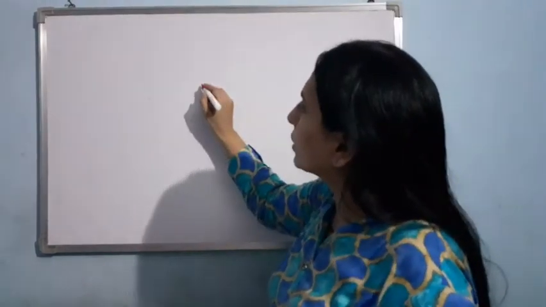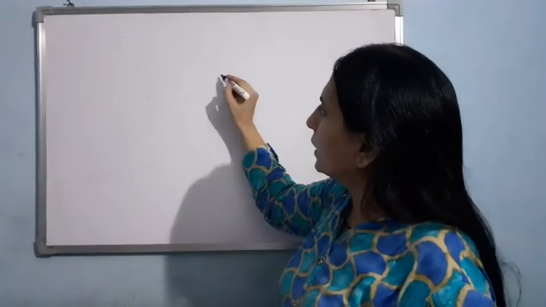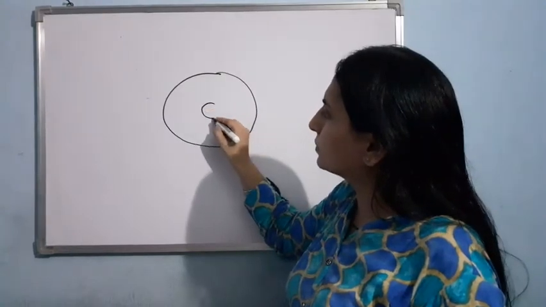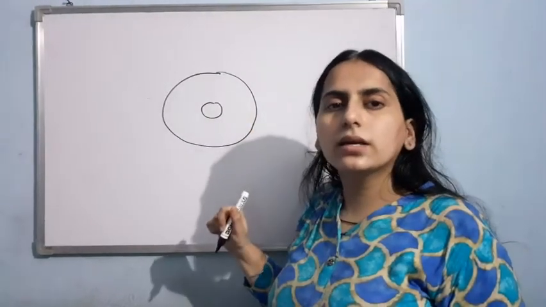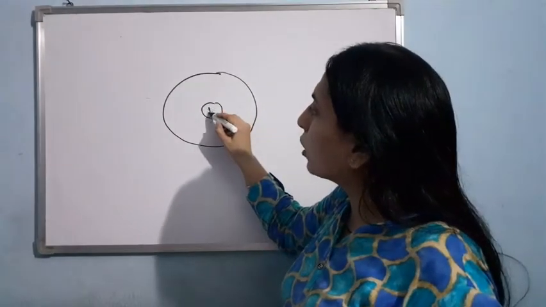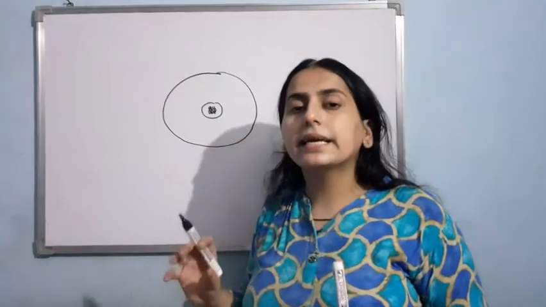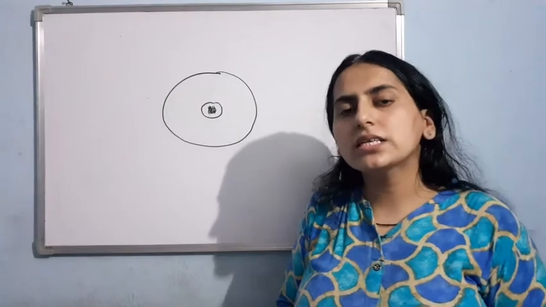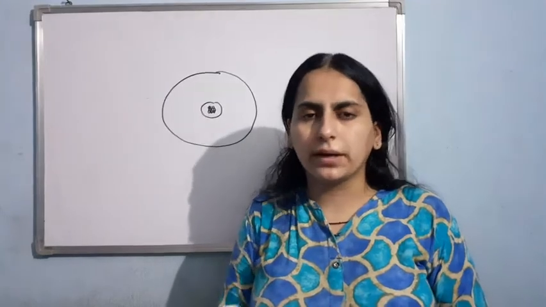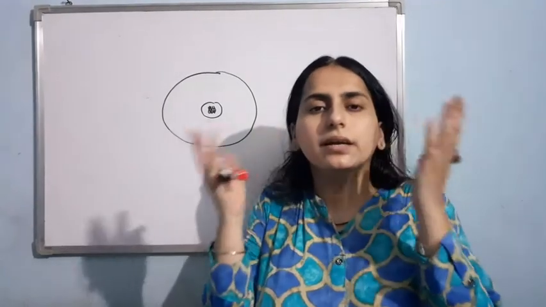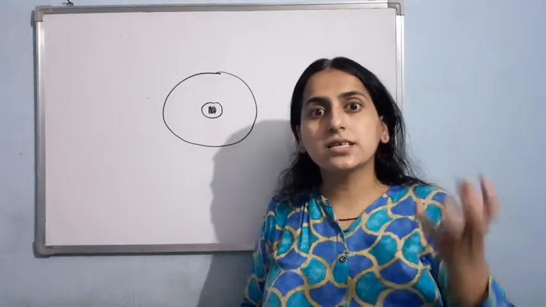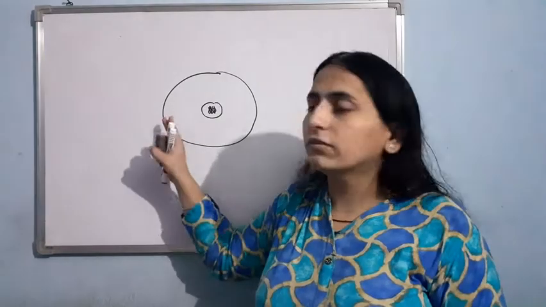Now, if I talk about our cell, as you know, in the cell we have a nucleus, and inside the nucleus we have our chromatin material, and on that chromatin material DNA is present. Now just imagine one thing. Generally the cells are microscopic, right? We can't see them with the naked eye. The nucleus is quite a bit smaller than even the cell.